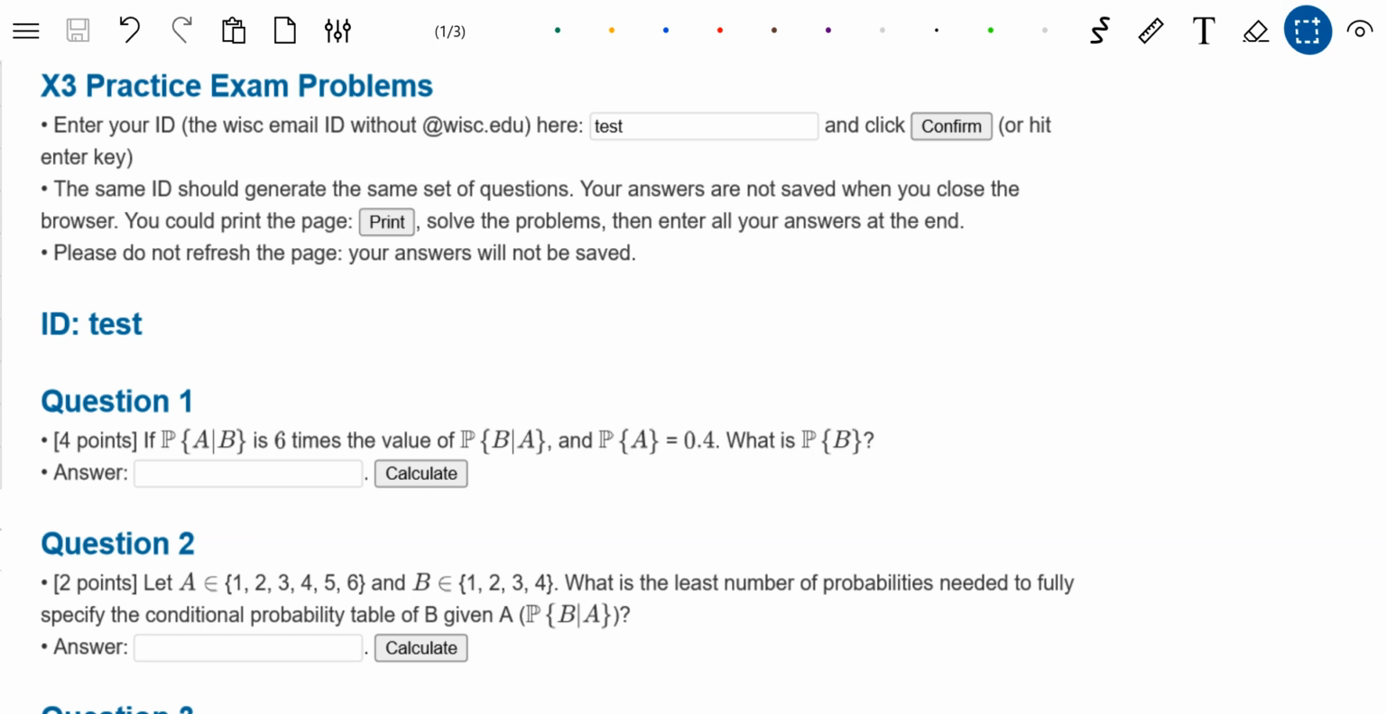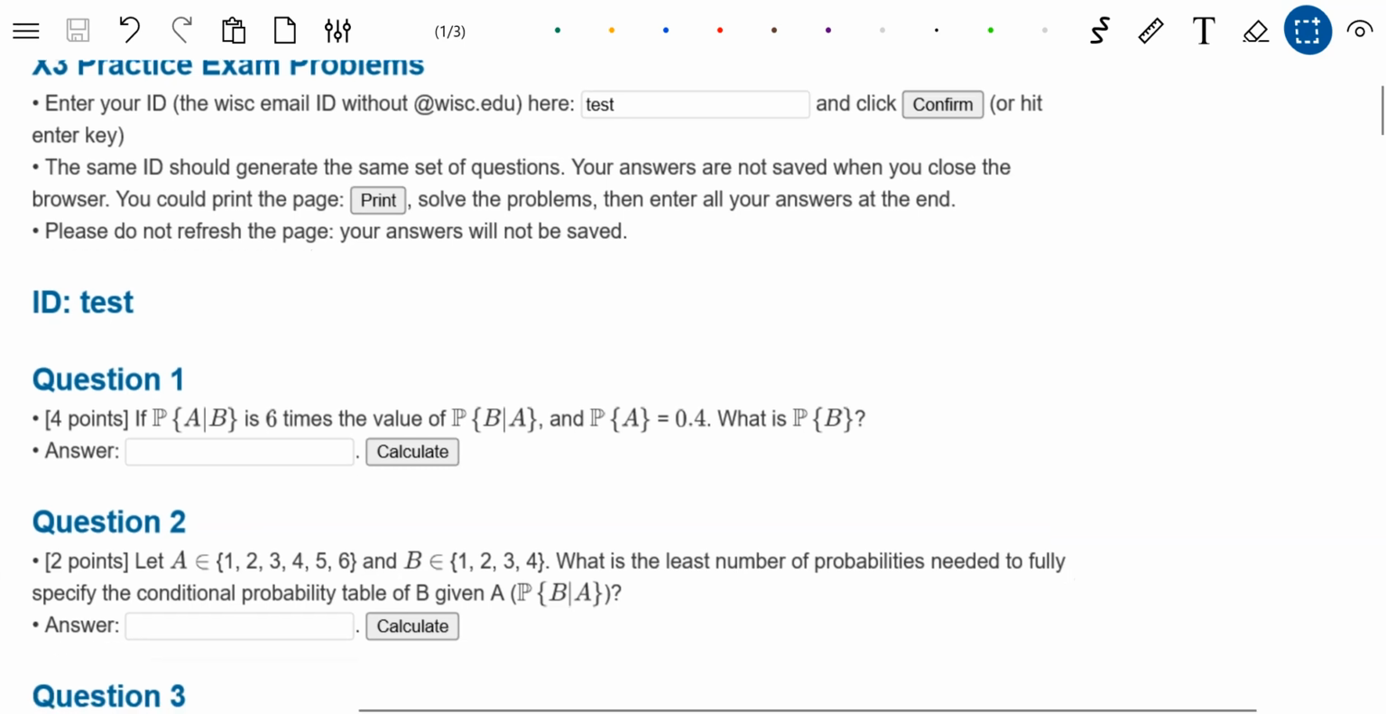This is X3, practice exam number 3, and I'll go through the first 3 questions that are related to basic probability and the conditional probability table. So the first one is just